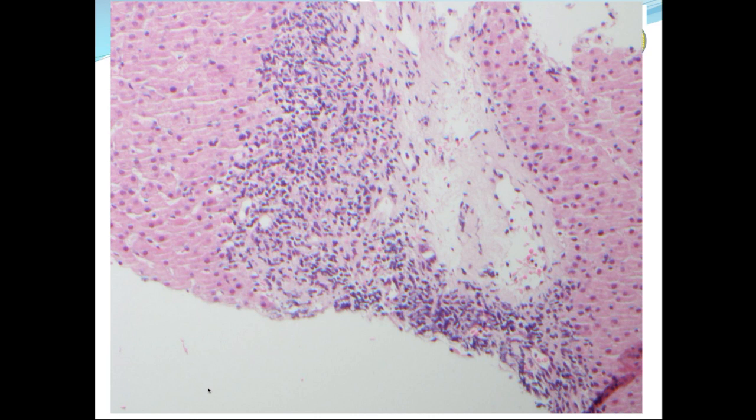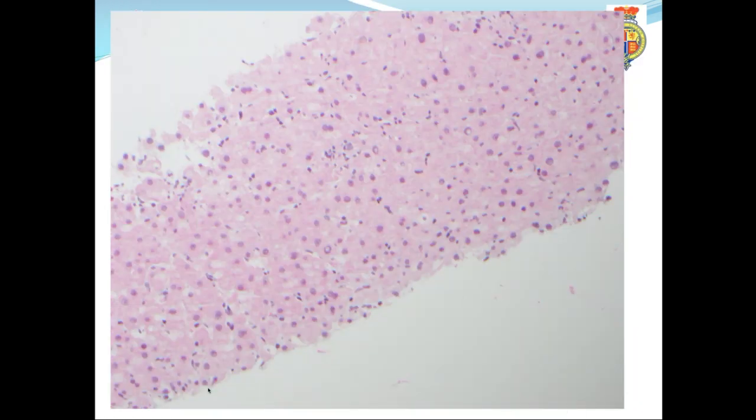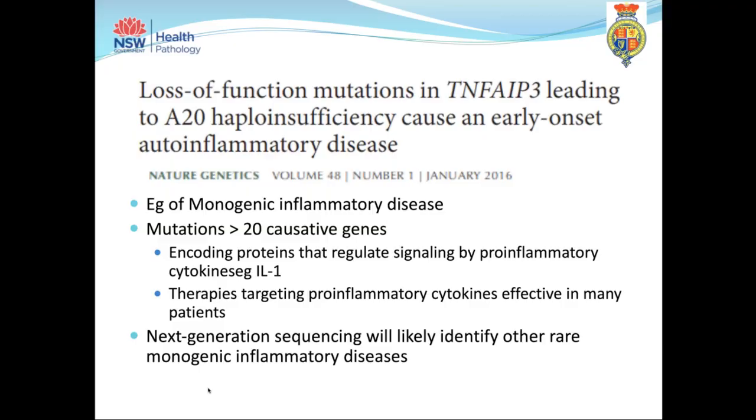Like some of the preceding cases, quite marked portal tract inflammatory cell infiltrate with interface hepatitis, some lobular inflammation, and also quite striking perivenulitis. And I won't go into this in any detail, but this is in fact an example of a monogenic inflammatory disease. And autoimmune hepatitis likely represents a sort of heterogeneous group of diseases,